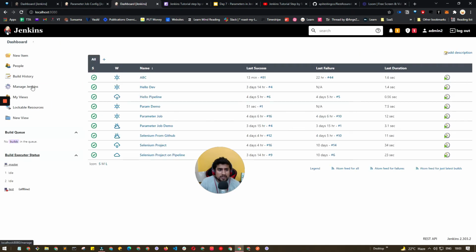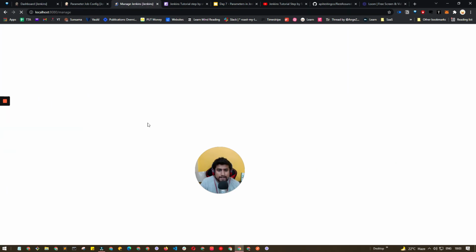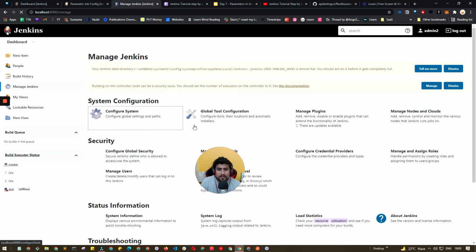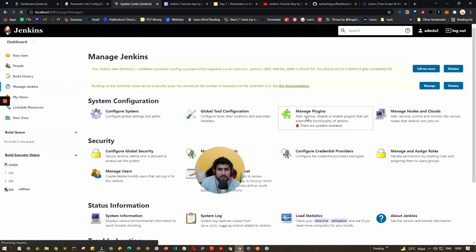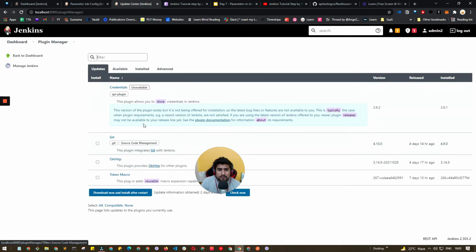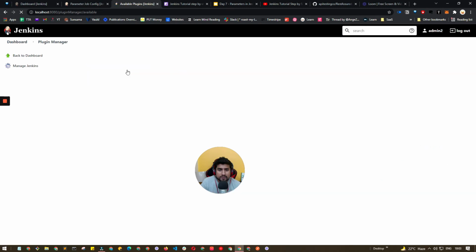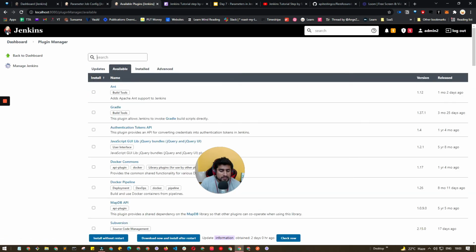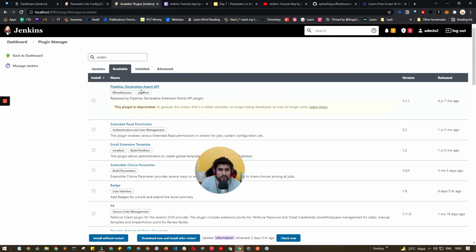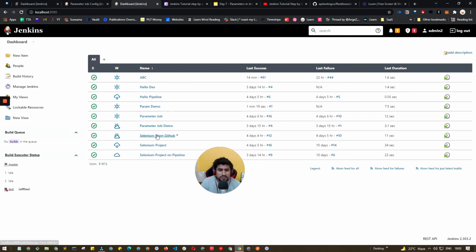I think I have already shown you: go to Manage Jenkins, then Manage Plugins, and in the Available tab, search for extended choice parameter, click on it and install without restart, and it will install. I have already installed it, so I don't have to do this.